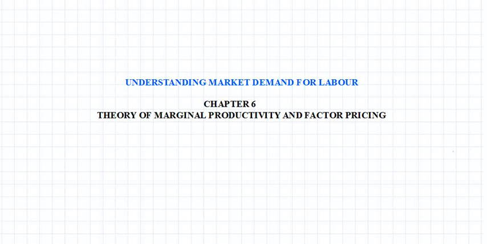Unlike output markets, we do not obtain the market demand for labor by a simple horizontal summation of the demand curves of individual labor. And there's a reason behind it. The reason is that generally, as the price of input falls, so if the labor becomes cheaper, not only the firm whom we are examining will increase the quantity demanded for labor, but even all other firms who are employing labor would increase the demand for labor.